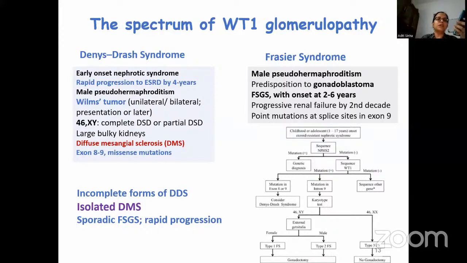They might have complete or partial dysgenesis of gonads and diffuse